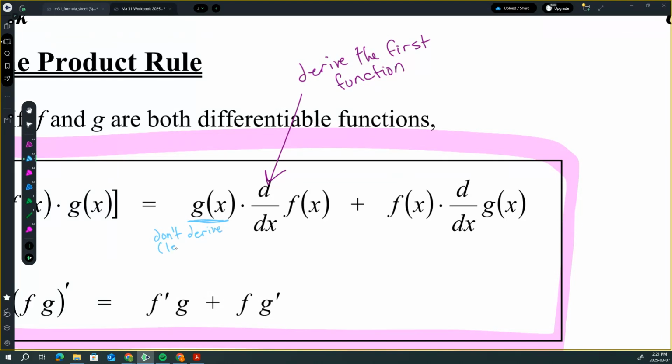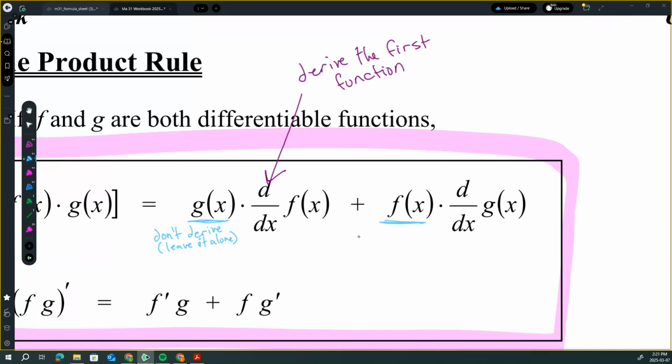Okay, so leave it alone. Okay, so you're multiplying the derivative of the first function with the second function, which you have not changed anything about. Okay, and then you're going to go plus,